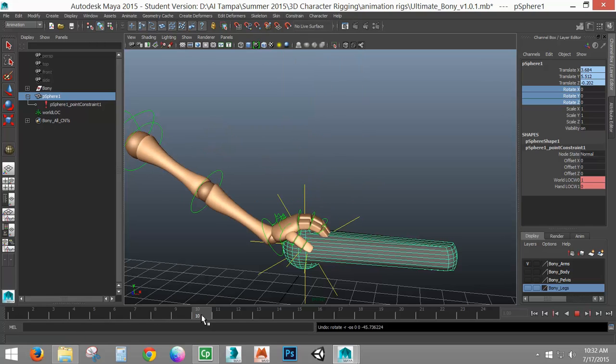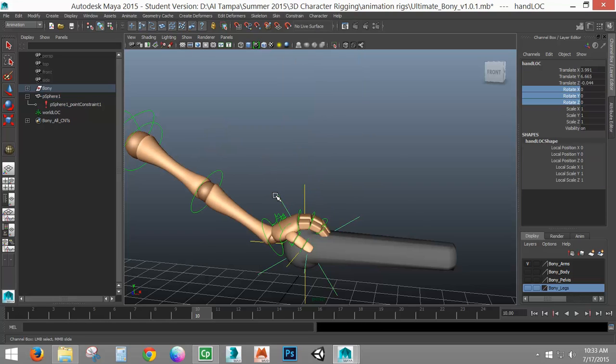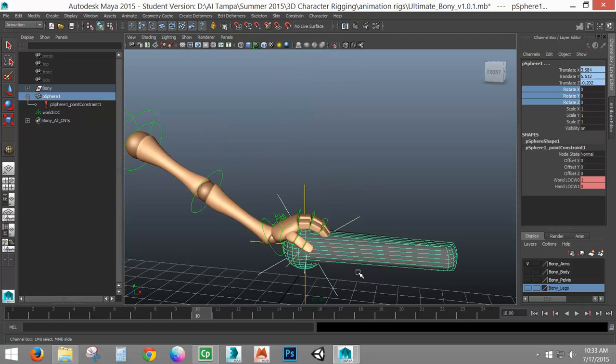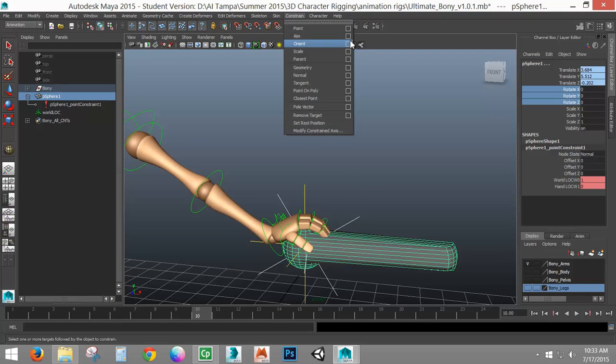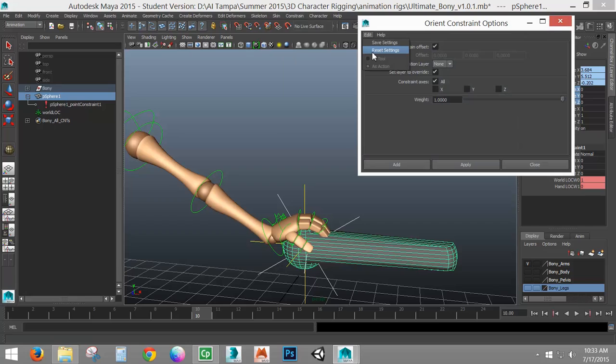So I'm going to apply this where I'm actually being picked up, just so I can have a better idea. I need to find which one is hand. All right, my crooked one is hand. Again, you'd apply them to both, just like the others, but I'm just going to stick with this one to show you, so the tutorial doesn't get too long. I'm selecting my hand locator, shift selecting the sword, again, pretend sword, and applying the orient constraint. I'm going to open the option box and reset just to make sure, because it was on from something else. So resetting it, maintain offset is still off, and I am going to apply.